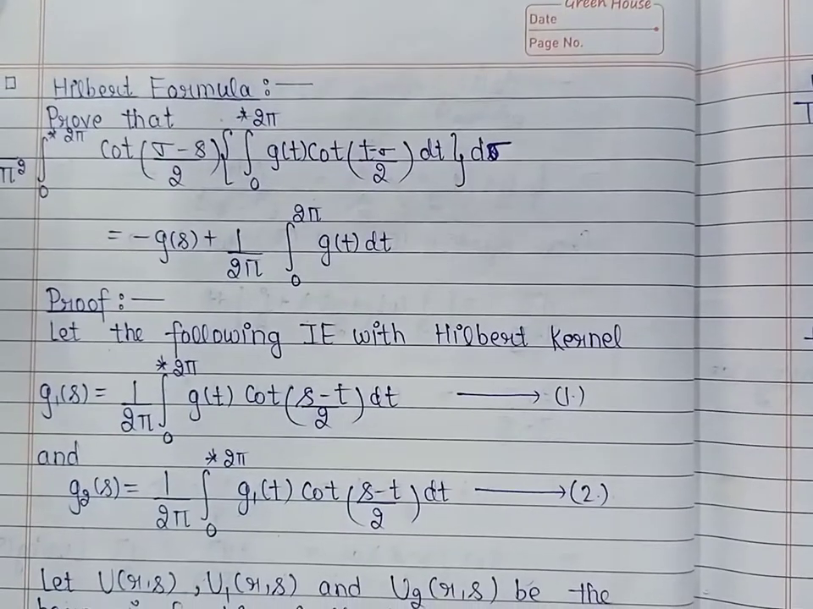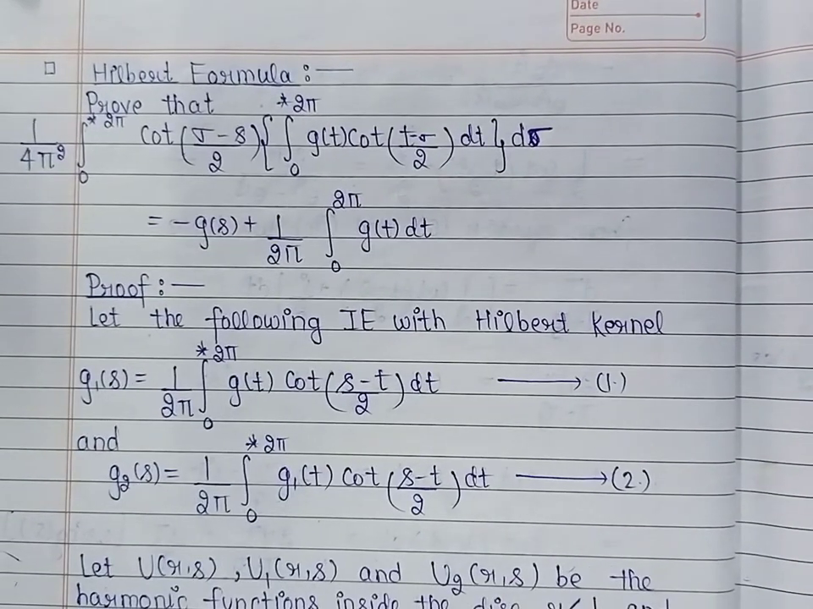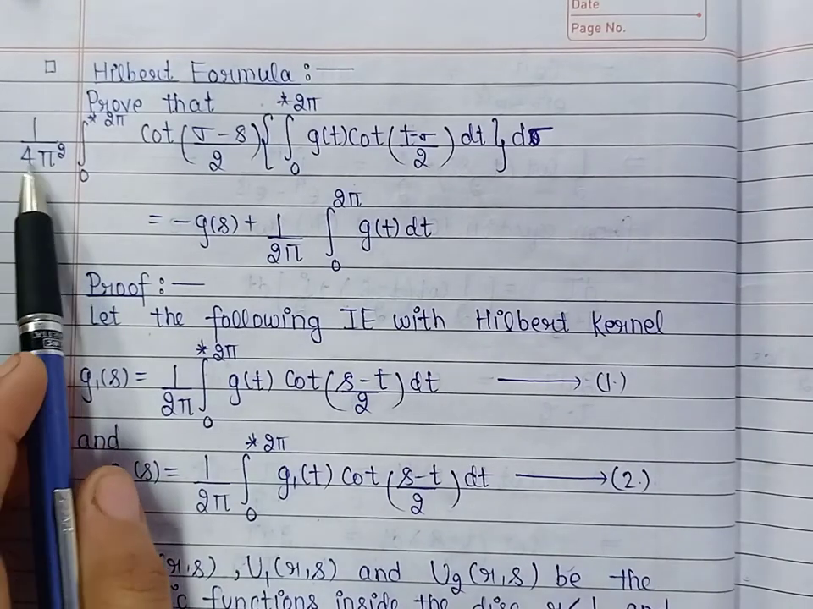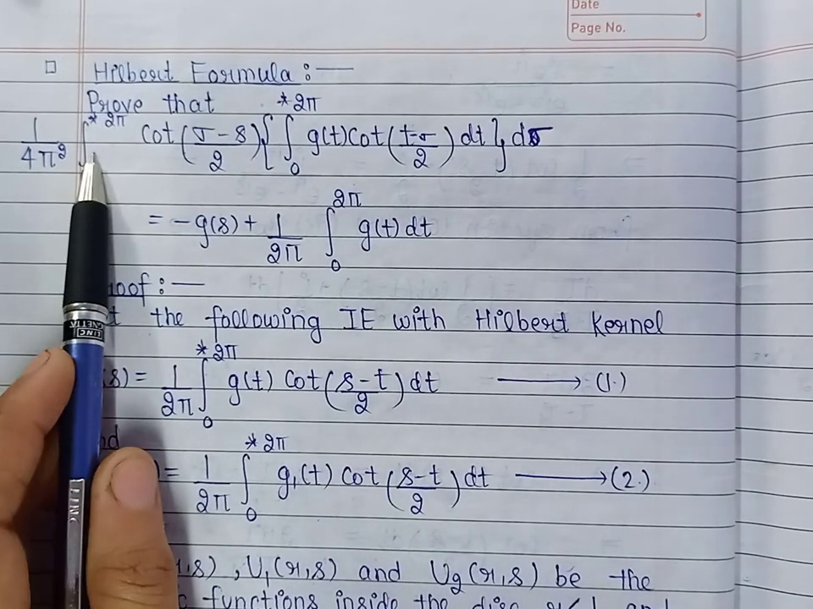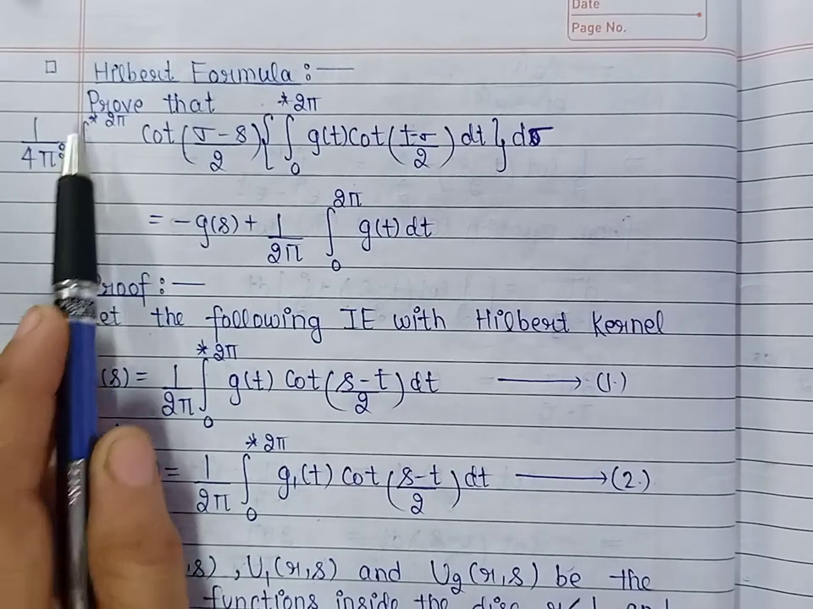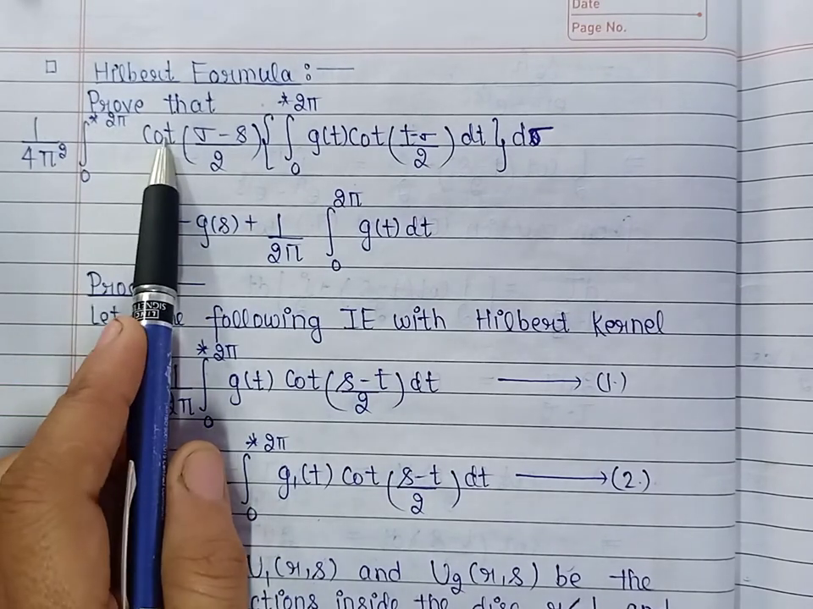Good morning, students. Today we will discuss Hilbert formula, which is related to Hilbert kernels. So the Hilbert formula states that 1 upon 4 pi square integral from 0 to 2 pi cot of